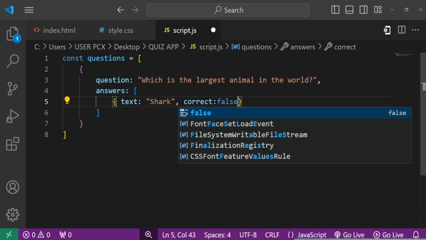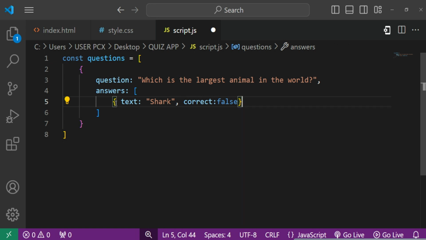Sorry, it means this one is actually wrong. Do you understand? This is actually wrong. It means this answer is actually wrong. Now let's duplicate this, copy and